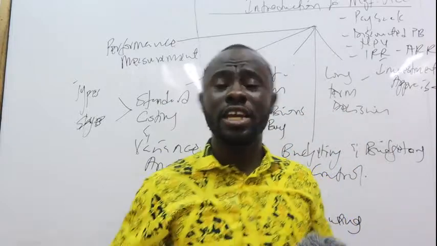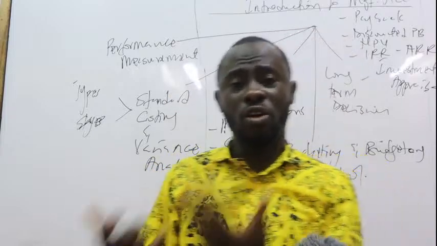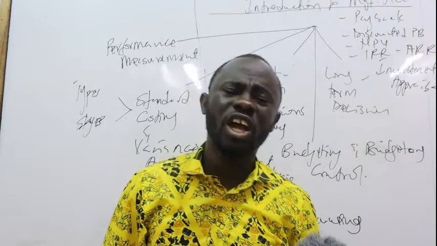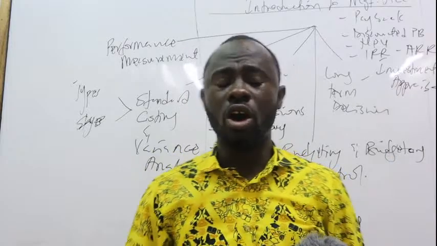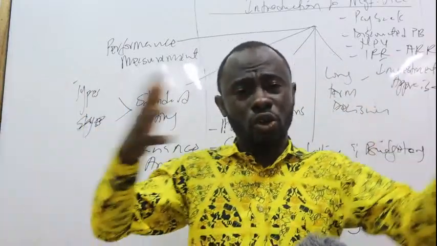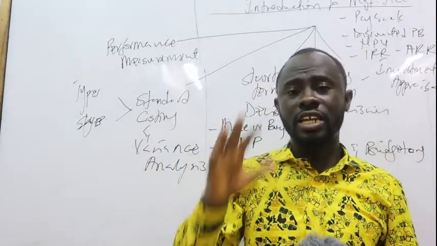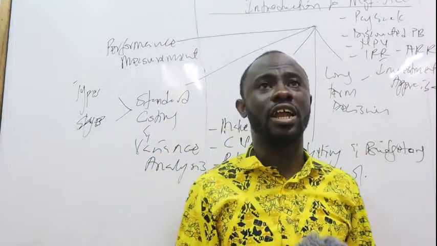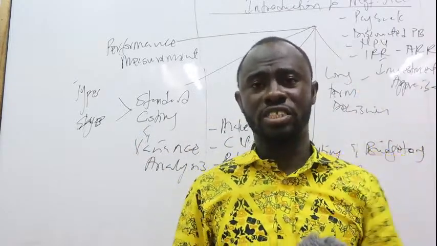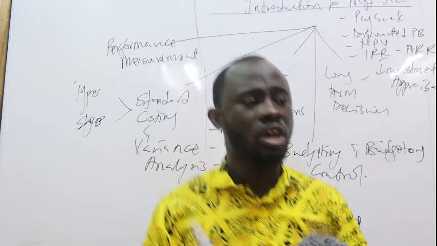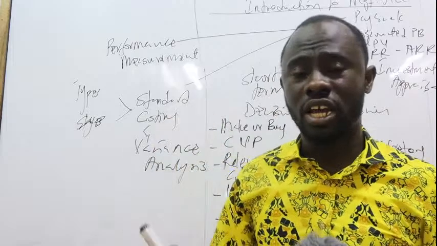variance in there. Then you come to the overhead variance, and there is a tall list of computations that can be made under the variances there, but you got to take into consideration whether we are dealing with only one product of the company or we are dealing with more than one product of the company. So all these things are very important when it comes to standard costing and variance analysis. Then one key thing also that you need to understand is how you can prepare the operating statements and reconcile the actual profits with the variances that have been computed. That is also something that is critical here when it comes to standard costing and variance analysis.